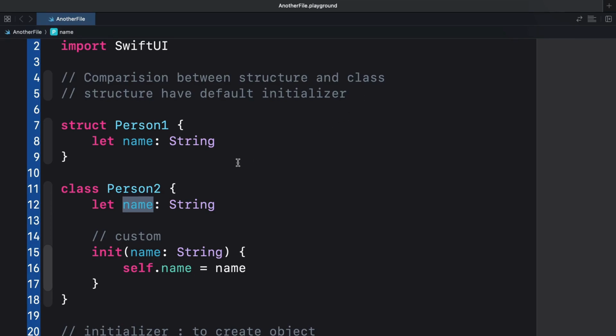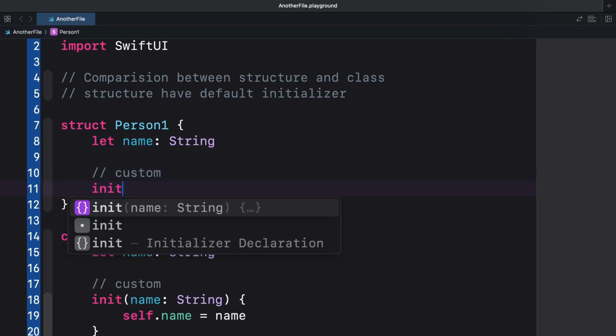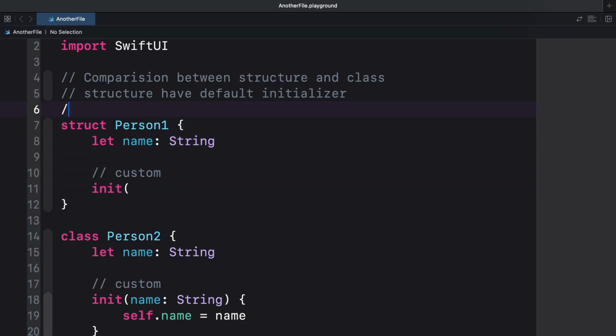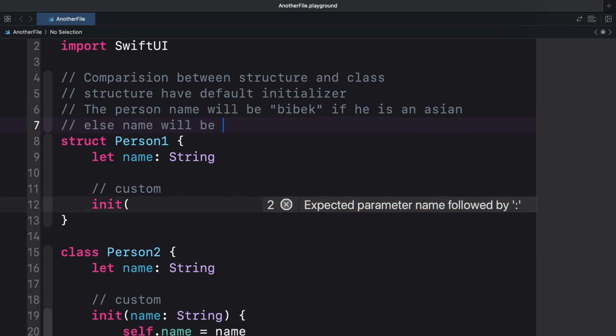Now let's try to do something else. Let's have a custom initializer for the structure. What I want to do is the person name will be, let's say, Vivek if he is an Asian guy, else name will be Charlie.